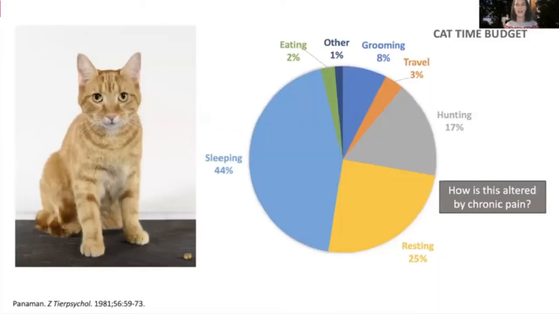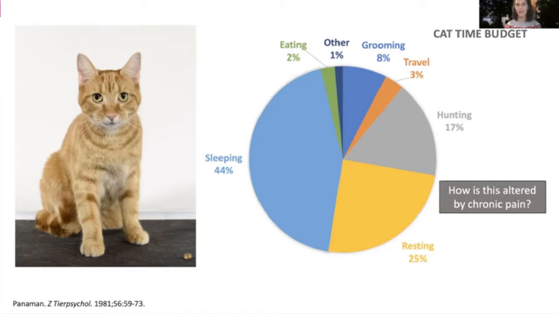So if we think about cats' time budgets, the way that cats would spend their time, they spend a lot of time sleeping, right? 44% sleeping. And then we add on an additional 25% resting. So a lot of time spent sleeping and resting, which may seem like, okay, well, we don't need to worry so much about that time, except that because of cats' natural history, they need to feel safe in order to be able to get that sleep and get that rest, right? They have to be able to access comfortable, safe spaces. So pain and mobility impairment affect even that sleeping and resting that we think about as being one of the